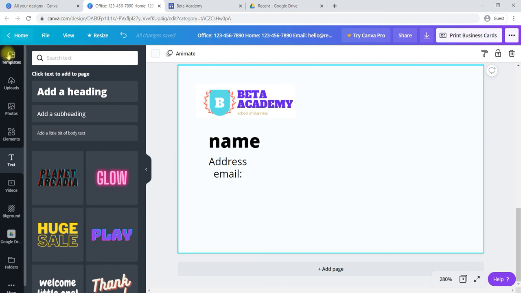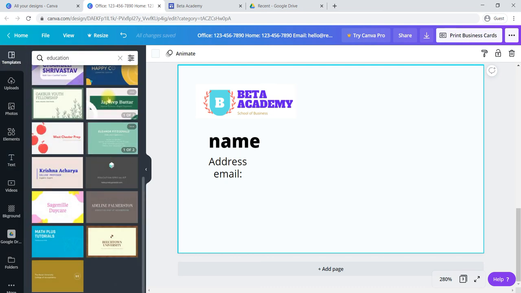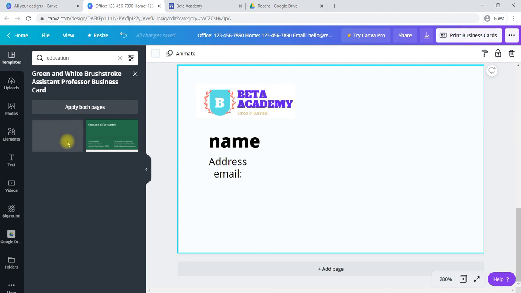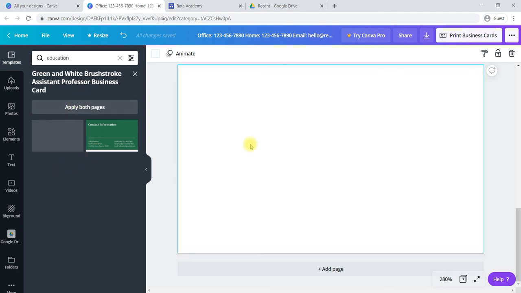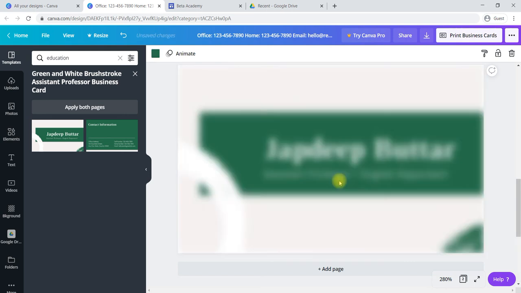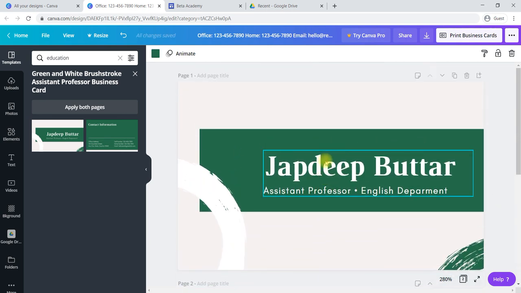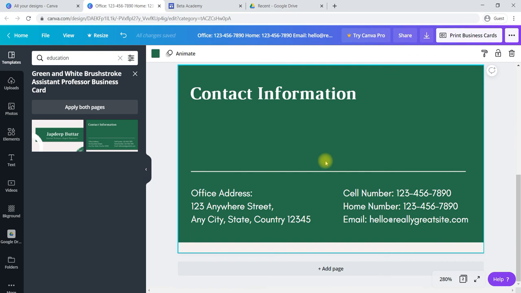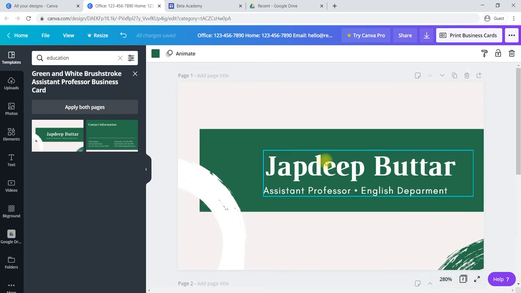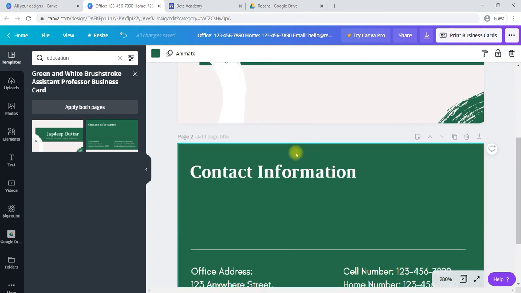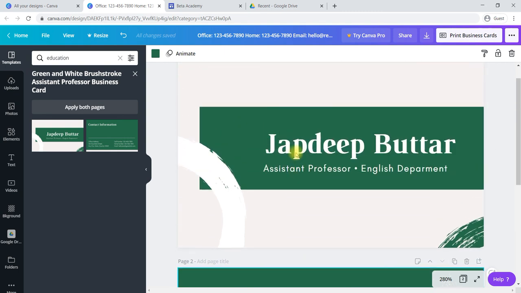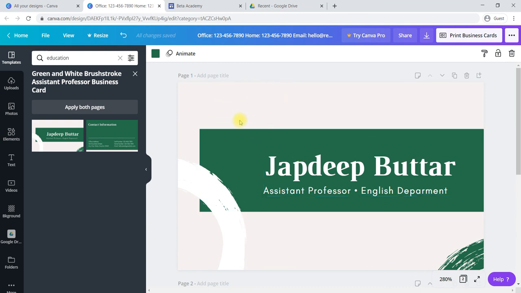Like this you can use any templates here. Modern templates are there for your business card. You can use any of the modern templates for creating a business card. You can see these templates will look better when you are meeting any clients. It will give you a better look when you are sharing your business card with anyone. Both pages, front and back, you can get printed locally so that you are able to share your business cards. Like this you can create a business card.